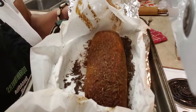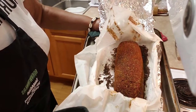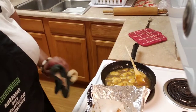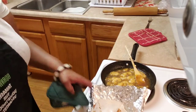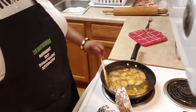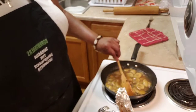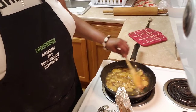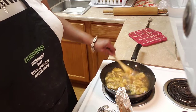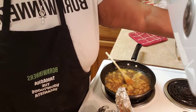And here, this is what it looks like. Okay, so I'm going to let this sit here and cool off. In the meantime, my bananas are looking amazing and tasting even more amazing. So what we are going to do now is work with our fry bread. Okay, I'm going to turn the oven off,